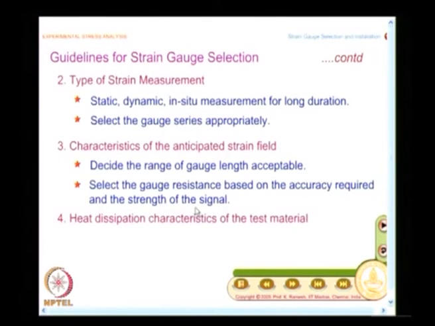So, this is where I said, when I am talking about strength of the signal, when you are designing a loading rig for you to test your component, you select the load in such a manner, at the point of interest you should be able to get at least 100 microstrain, because we have seen many of the installation aspects, like if you do not connect the lead wires as a 3 wire circuit, if you do only a 2 wire circuit, a small temperature change itself can give you an error of 156 microstrain.